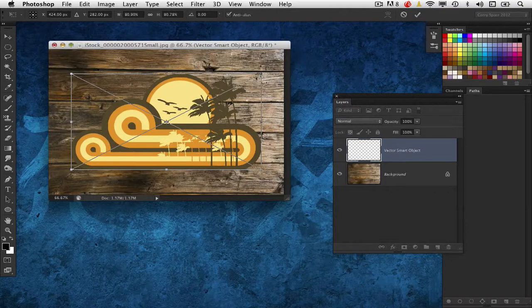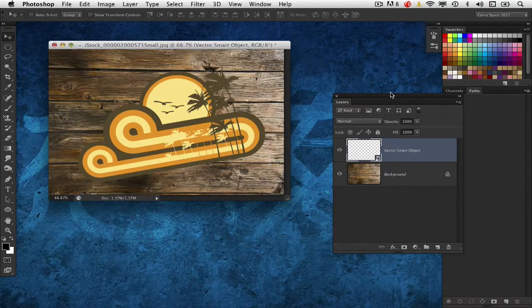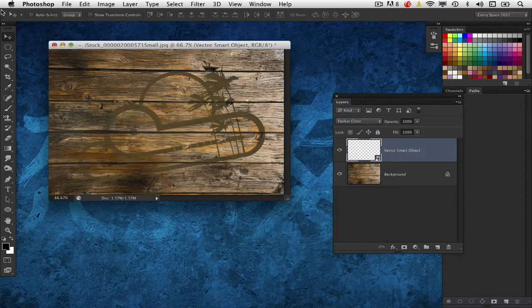I'm going to go ahead and scale it down and even rotate it a little bit. Now what I want to do is make this appear as though it is blending into this wood, like it was painted into the texture of the wood. Well, I could certainly first start with blend modes and just toggle through and see which ones might help me with that. And some of them look pretty good.